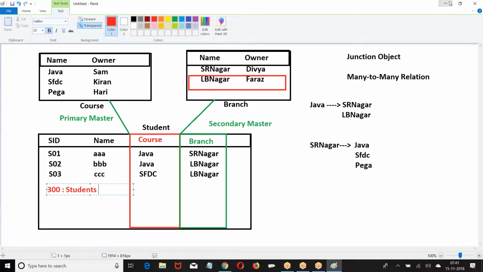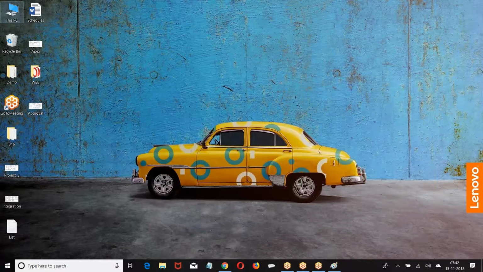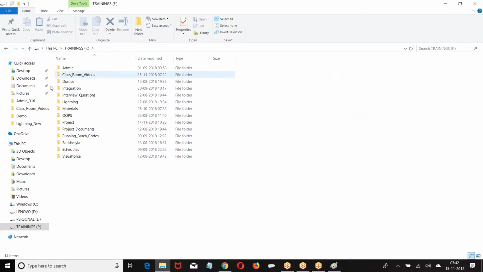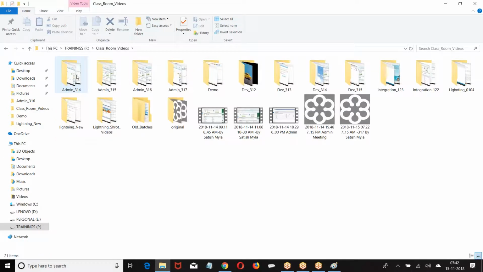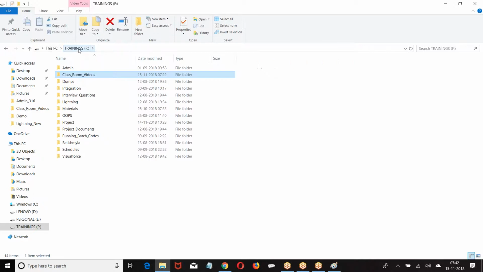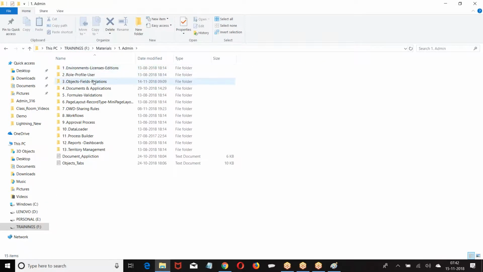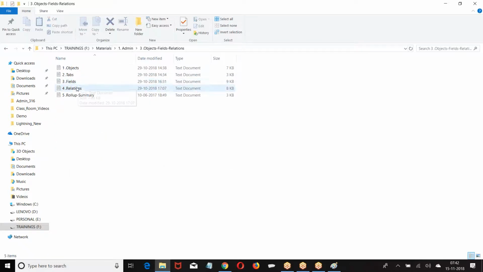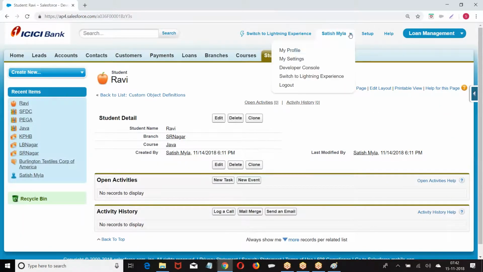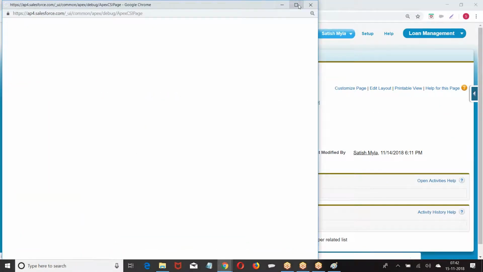Let us see the theoretical information. I hope everybody followed this. Now, I am not mentioning the lightning navigation because if we create one field, it is the same navigation. If I create one field, the same steps repeat. Only the data type is changing. Rest all the things are going to be the same.